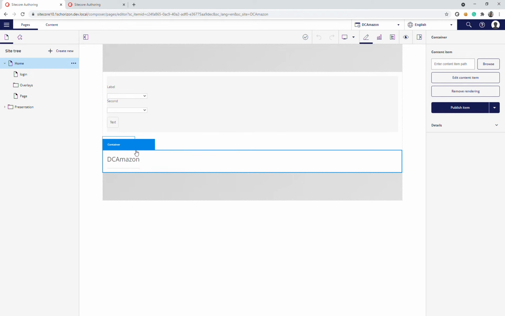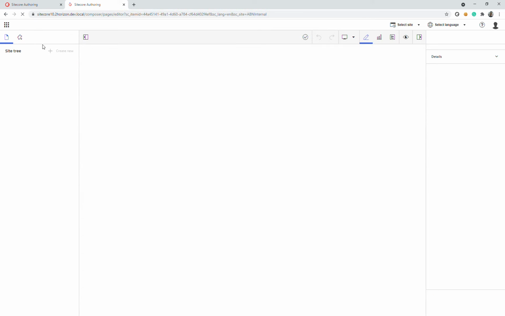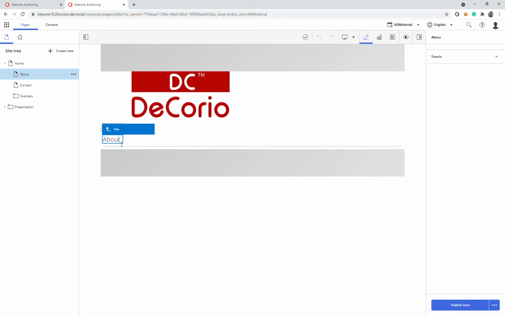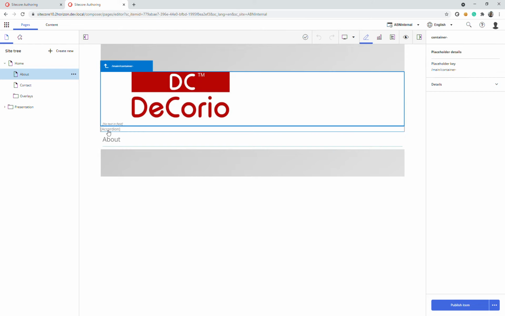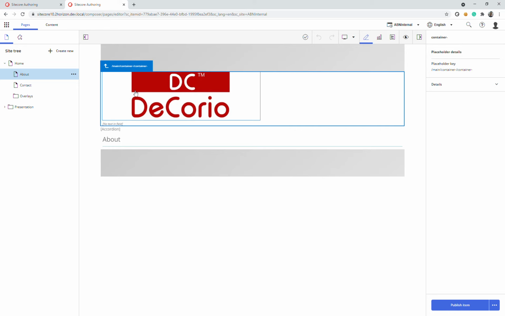So this is an improvement that is inside Sitecore 10.2. If I open a page here, this is my About Us page. If I go to the title, I have this arrow to go to the upper component of this rendering. If I click on this arrow, I go to the main container. If I click this, I go to this container. Under the container I have this image, and I can go to the container above the image also. So this is the new option, so I can now navigate the hierarchy in the pages.